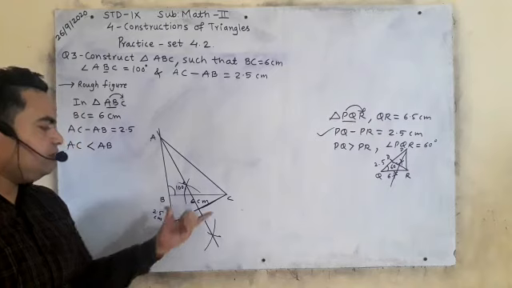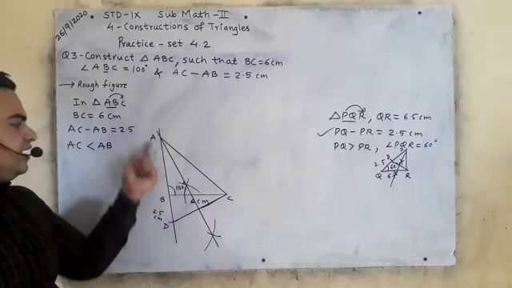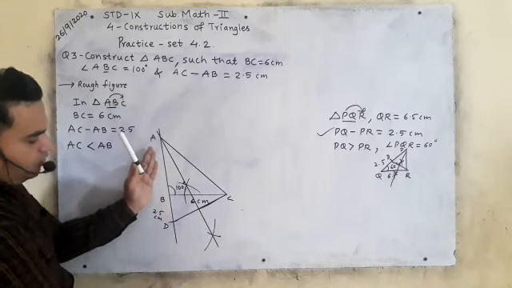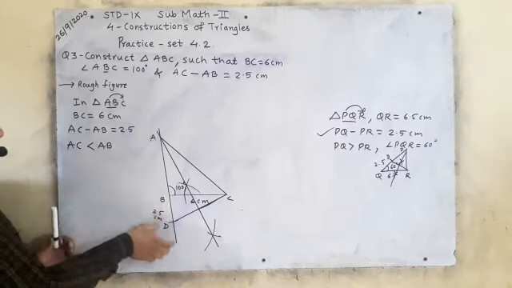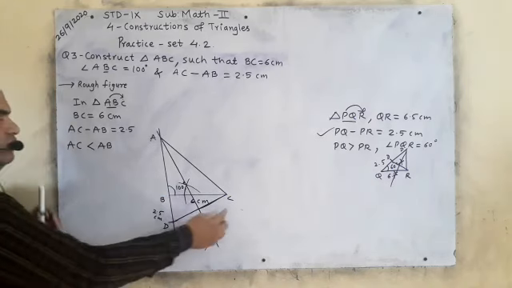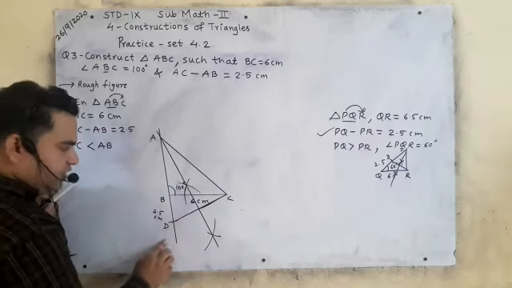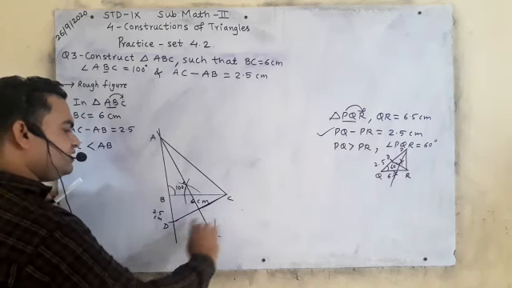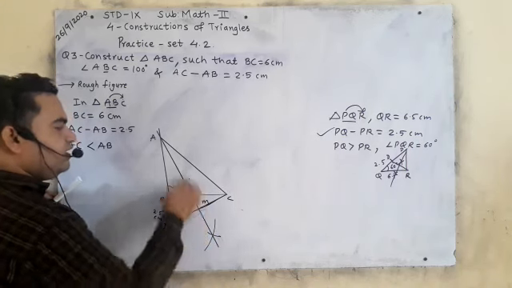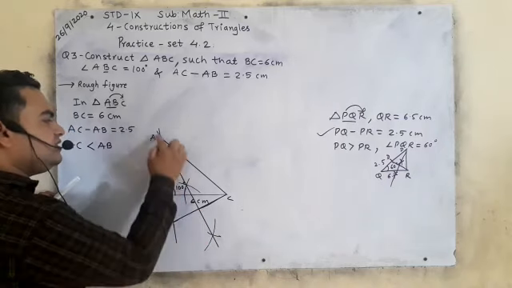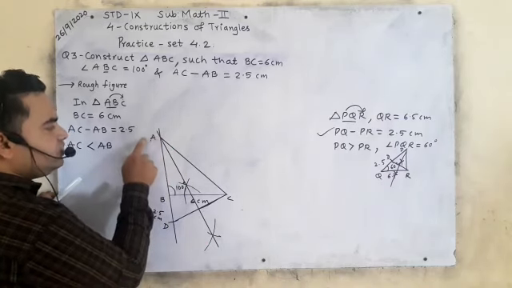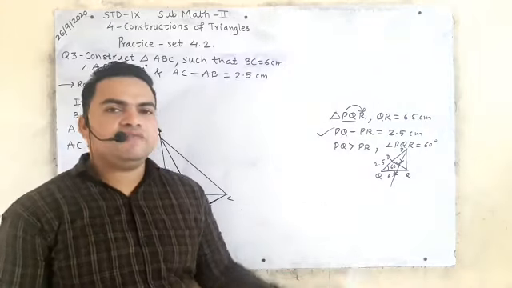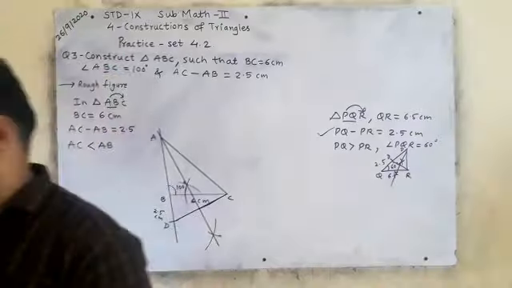So this is the rough figure. You will draw BC, then take angle B of 100 degrees, then extend the line below because you have to draw 2.5 from B down. Then you will join CD, and then draw the perpendicular bisector of CD, taking more than half. Wherever this line and the extended line intersect, that is your point A. Then you will join AC. Is it clear? Now I will draw the figure, please pay attention.